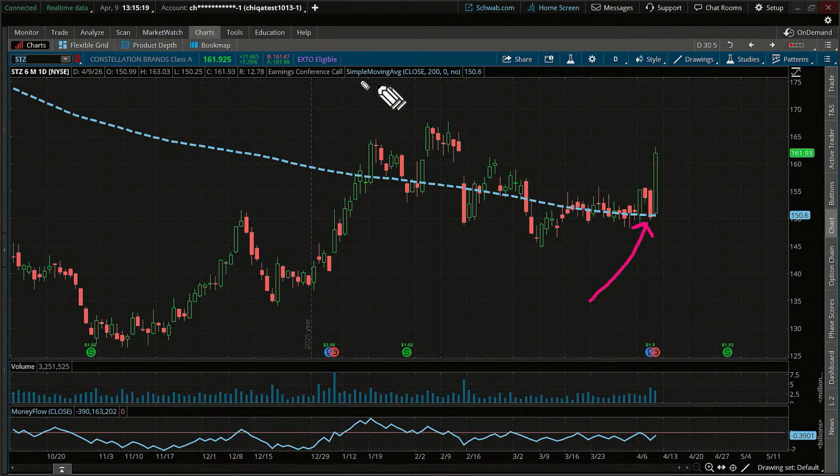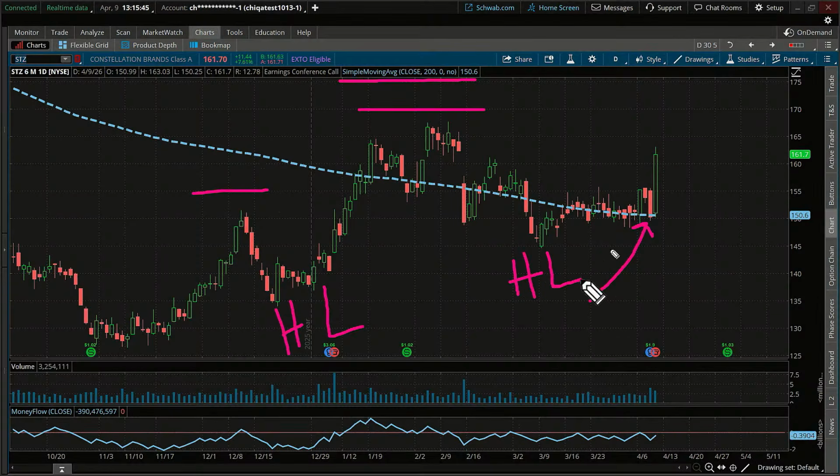That's our 200. I plotted that on the chart so we can see it. Down, down, down, down, down. Now, above the 200 oftentimes will mean that the longer term trend might have also turned. Can you see a trend change over here? I think I'm spotting one. A higher high, higher high, higher low, higher low, and potentially maybe on the verge of another higher high.